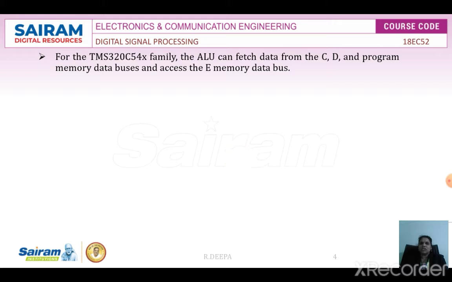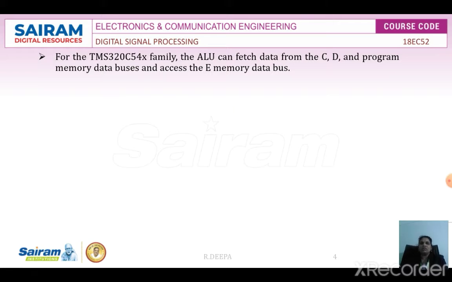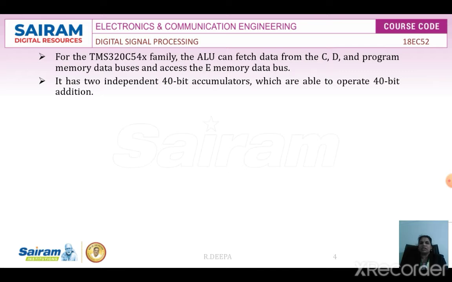So this arithmetic and logic unit can fetch data from the C, D, and E data buses, and it can access it. And also this processor has got two independent 40-bit accumulators which are able to accumulate the 40-bit addition